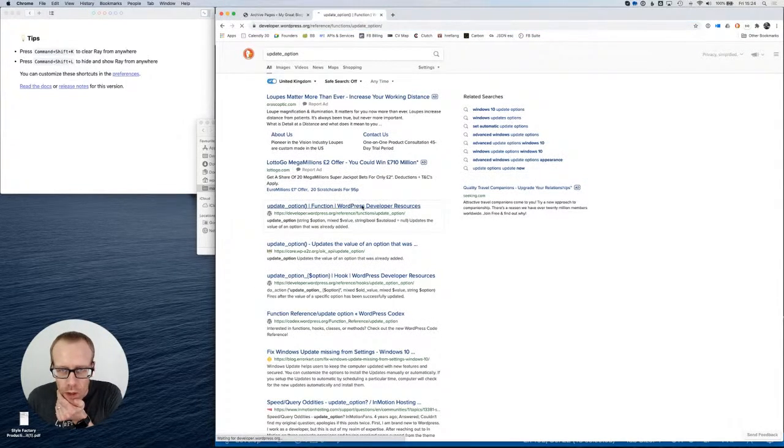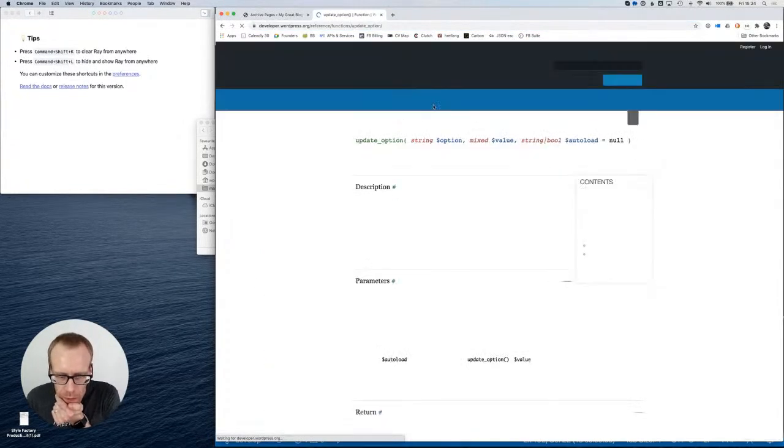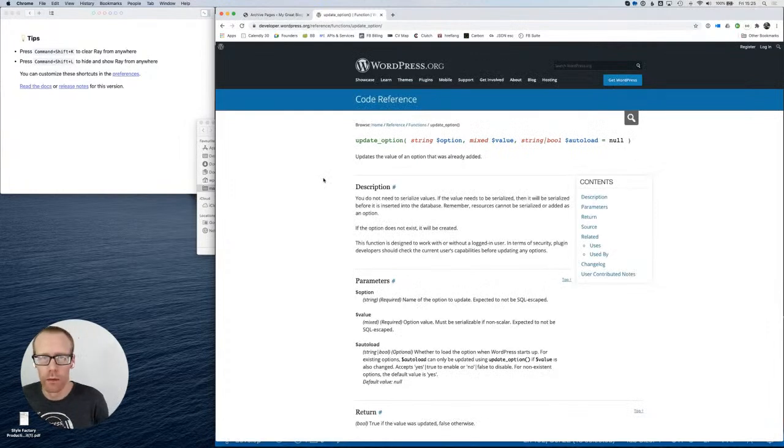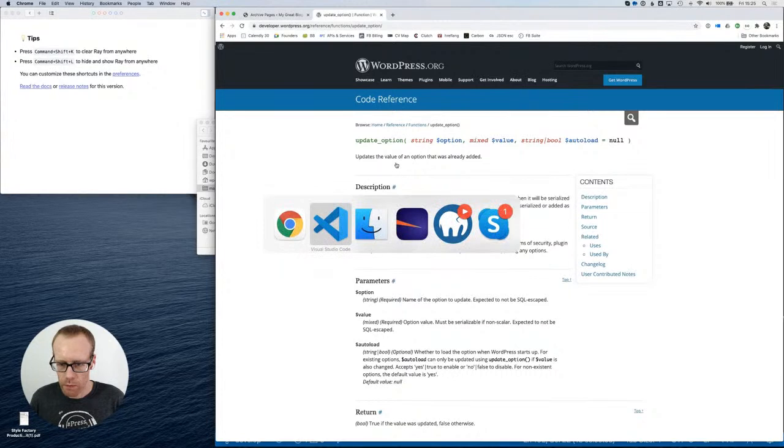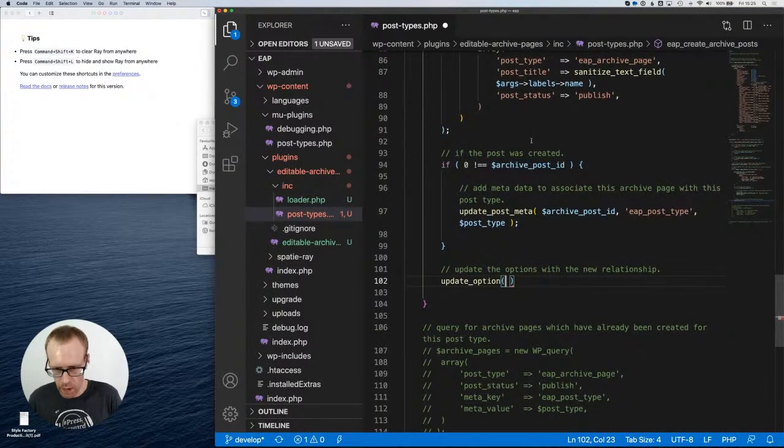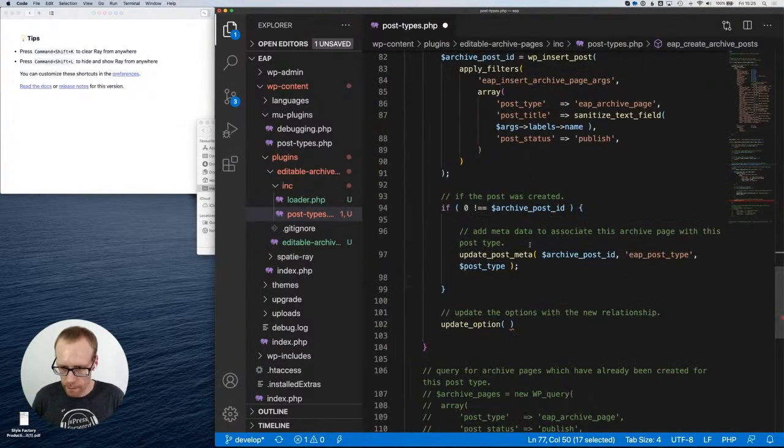So update option, we want the option name, and then we want the option value, obviously. It's fairly self-explanatory, so let's do that now. So the option name is EAP relationships. And the option is going to be